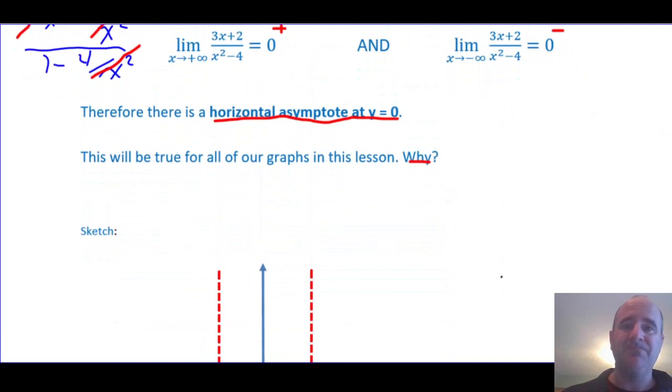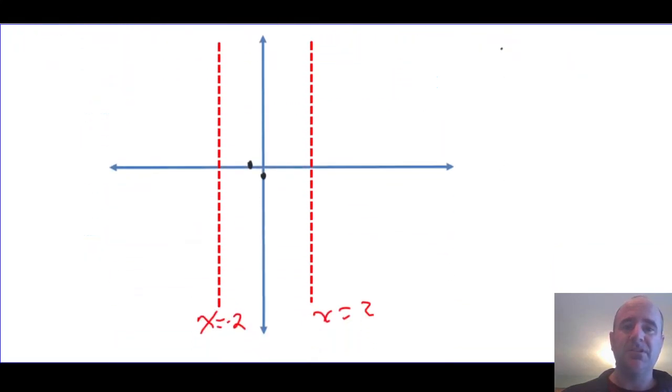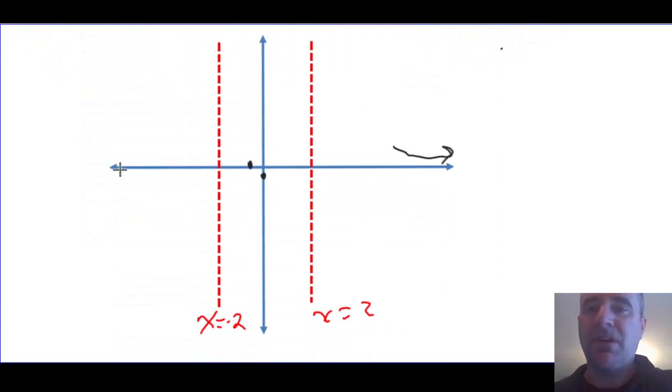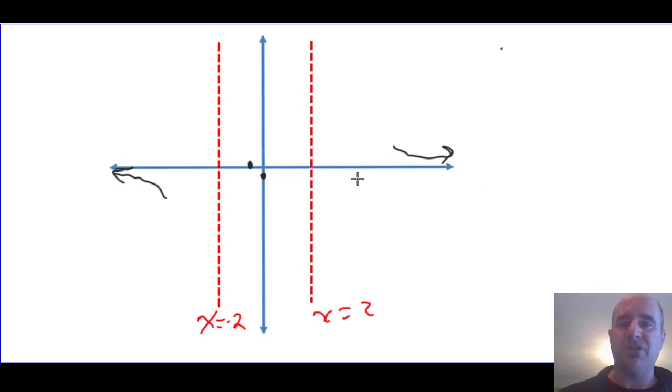I know that the end of the graph is going to look something like this, right here, and I know over here it's going to look something like that. It approaches those two. Now I may redraw those in a minute as I get the rest of the graph, but I do know that that's what that looks like.